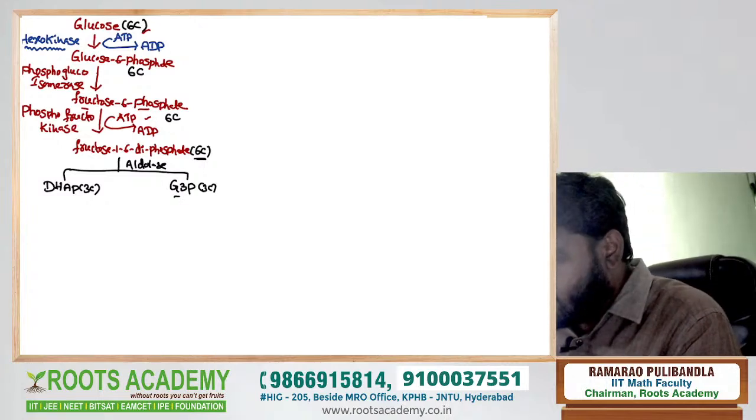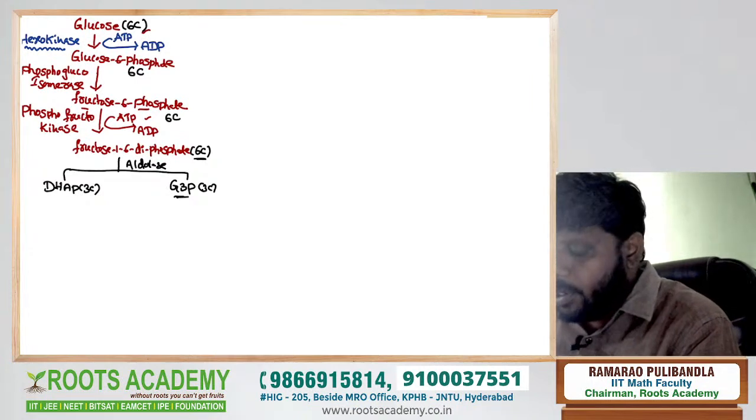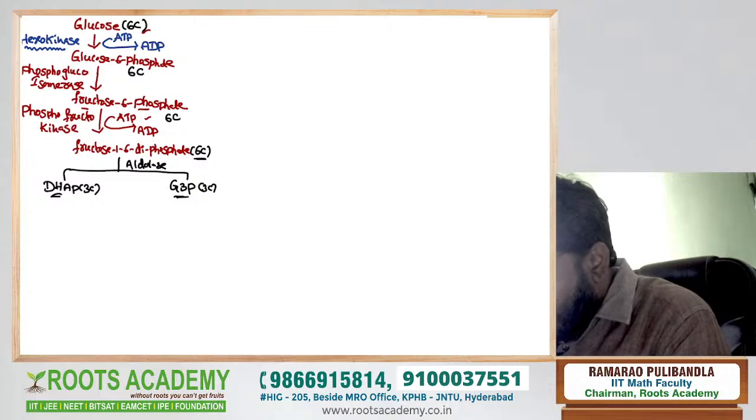Now how many molecules are there of these? How many molecules of G3P do we have? 1 molecule. How many DHAPs do we have? Only 1 molecule. Next, what happens, sir? In the presence of